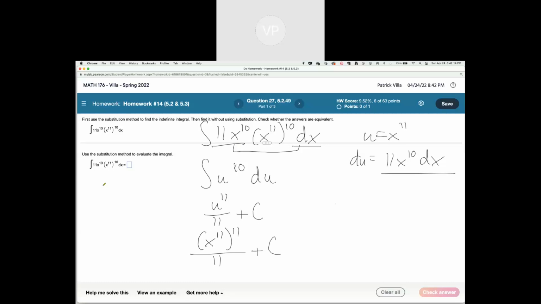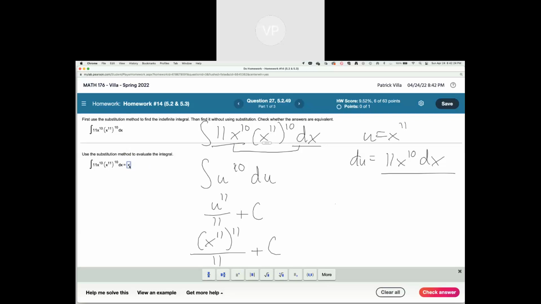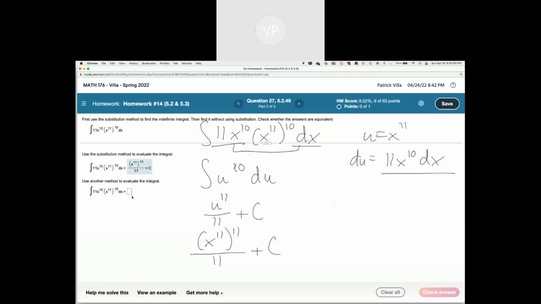Now, I'm going to type that in here just to see if it works. I have a feeling, see, it doesn't say to simplify. It should, but let's try this. x to the 11th, no, sorry, to the 11th over 11 plus c. All right, so it's right,